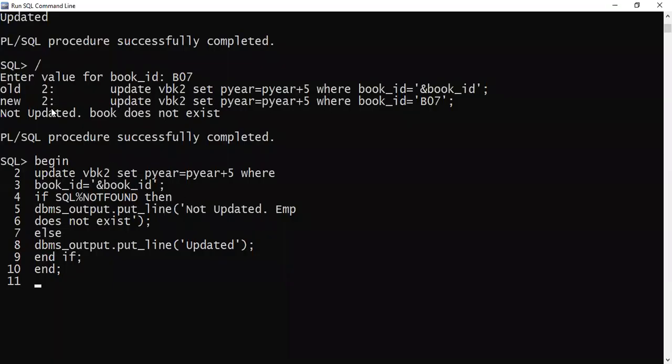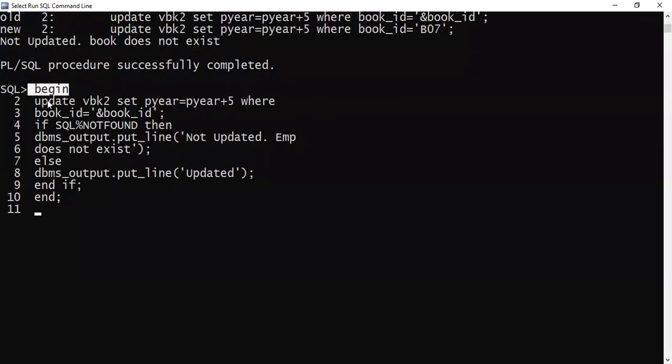Can you see the program? Begin. I have the same update statement: update VBK2 set publication year where book ID equals whichever book ID the user will enter. Now here, instead of SQL%FOUND, I have used the attribute SQL%NOTFOUND. If NOTFOUND is true, that means the row will not be updated. Are you getting it, it is reverse?